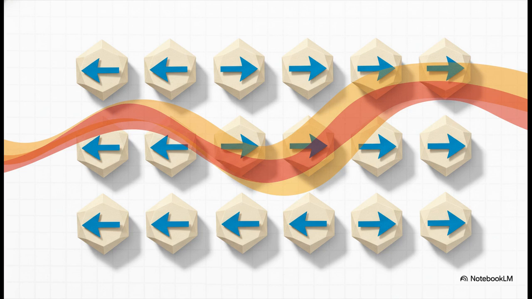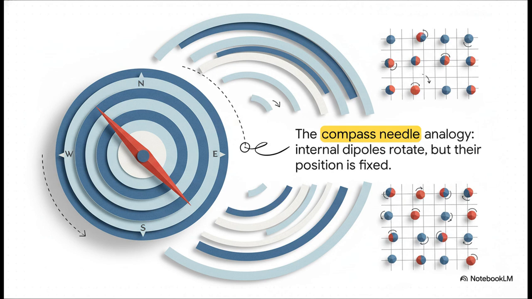And the key idea is that the units of the phasma don't actually travel anywhere to transmit a force. Instead, the force is passed along when something inside each unit changes its orientation, creating a kind of domino effect through the entire field. This image makes it really clear. Think about a compass needle. It aligns with the magnetic field, but the compass itself doesn't move.